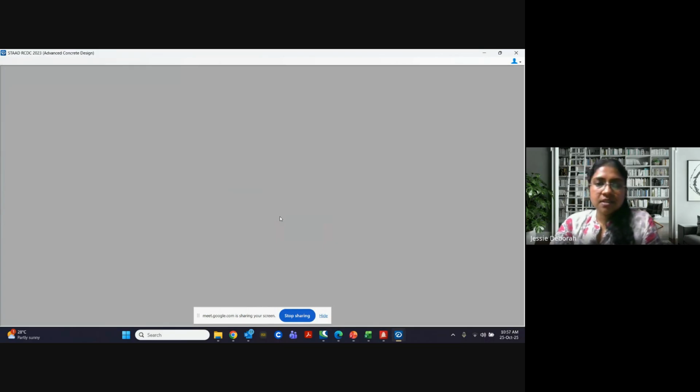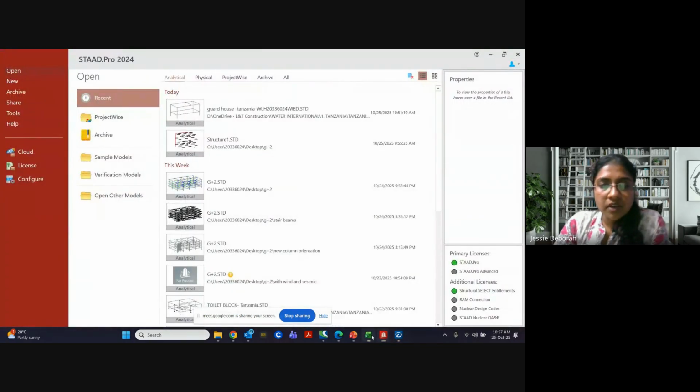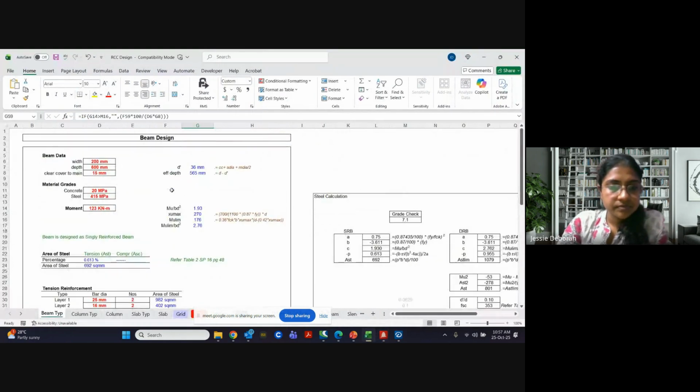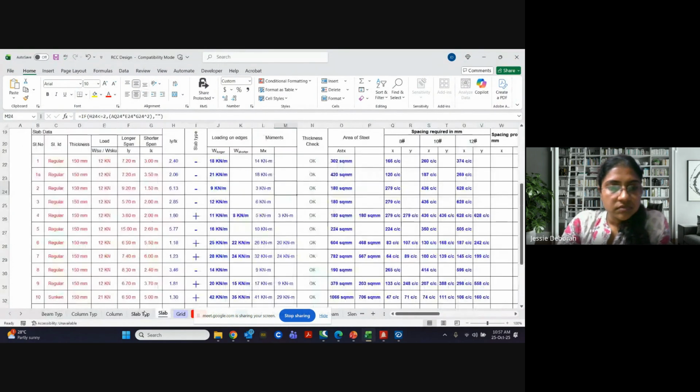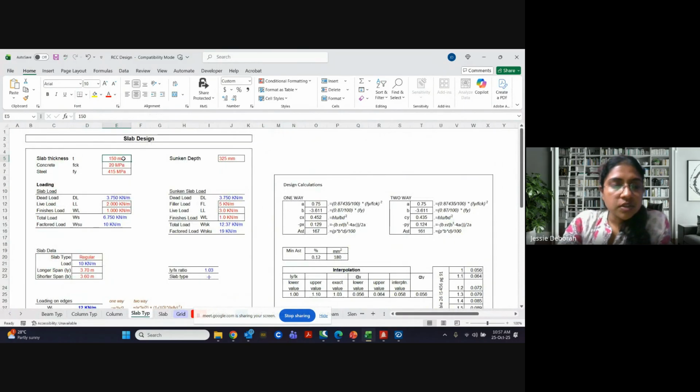Okay, for slab, what we do is we have a sheet. This is the typical slab sheet. The thickness you give for concrete is going to be here, in our case 25, and steel is going to be this. Sunken depth we do not follow, so we are giving 0 here. Then we have dead load.